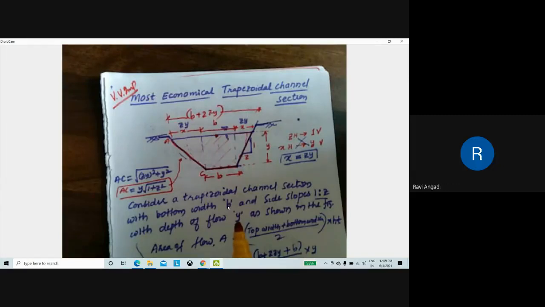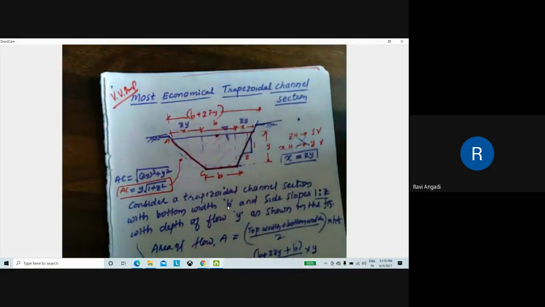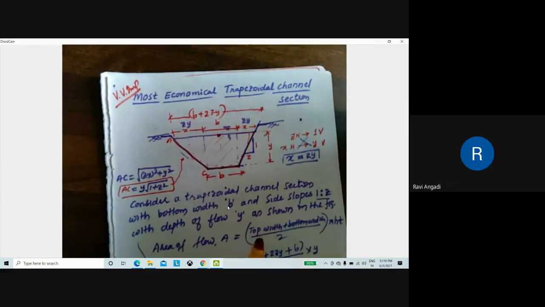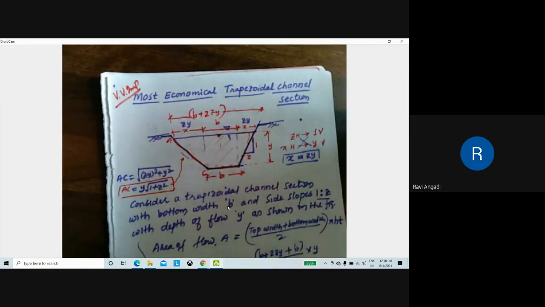So for the next condition, what do I need to calculate? Tell me. I gave a hint. If I take this as a center and draw a circle, for drawing a circle, what is required? Radius. Yes, exactly. I need to calculate the radius to be taken to make a circle touch the sides of the channel section. That is the third condition. Understood what is to be calculated next?